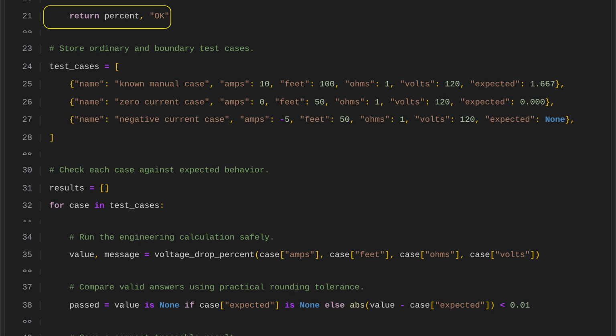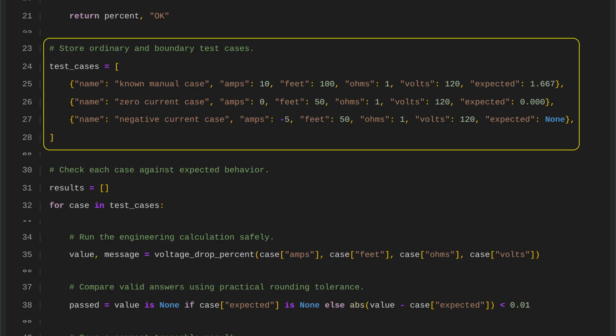The function returns two pieces of information: the voltage drop as a percentage of the original voltage and a simple status message saying OK. This lets the caller get both the calculation result and confirmation that the inputs were valid in one call. The test cases cover key scenarios for a voltage drop calculator using dictionaries with inputs and expected